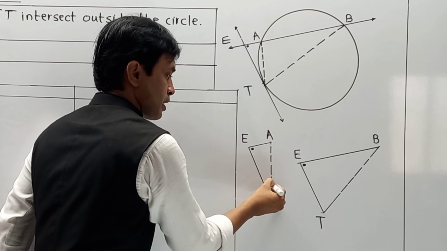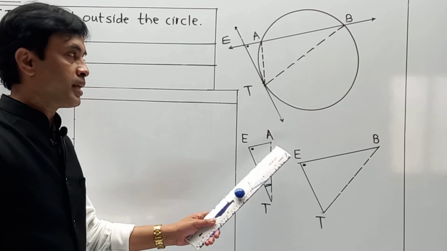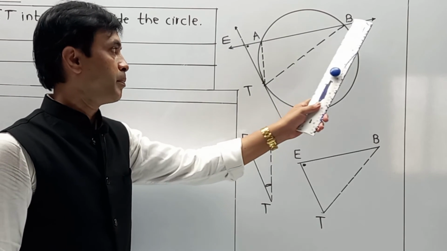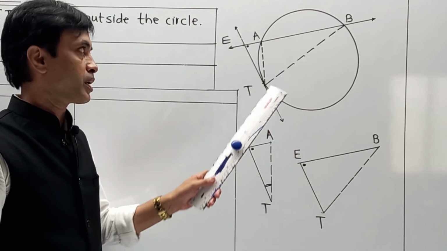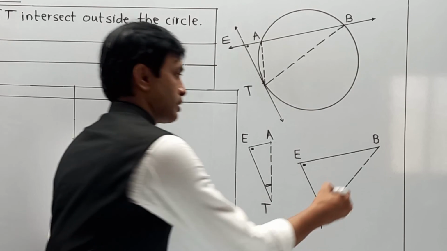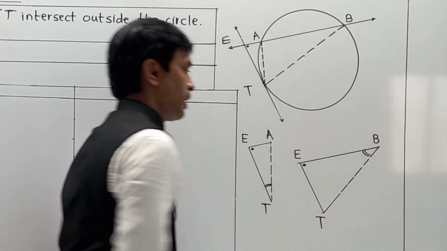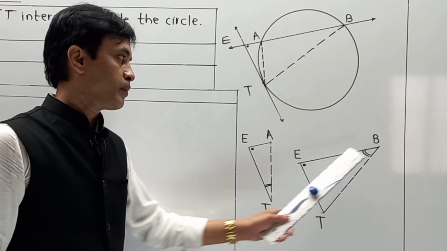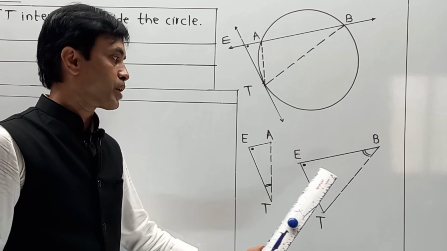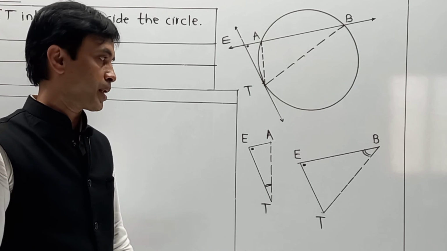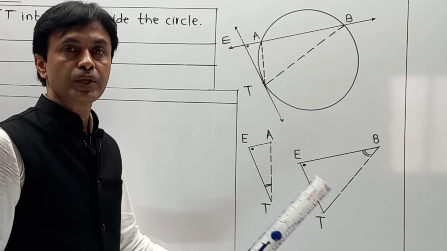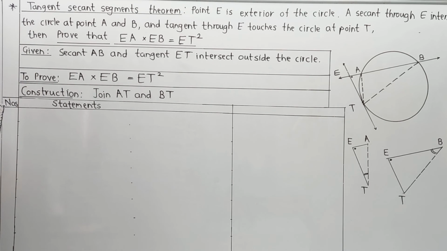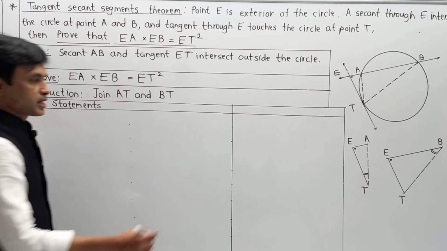means I am going to mention this angle ETA. It is half of arc AT, and in a similar manner if you observe angle EBT, which is formed on the circumference of the circle, it is also half of arc AT. So this angle ETA is congruent with EBT, and naturally these two triangles are similar by the AA test of similarity. Now whatever I have explained over here, I am going to write in terms of proof, in the form of numbered statements and reasons.